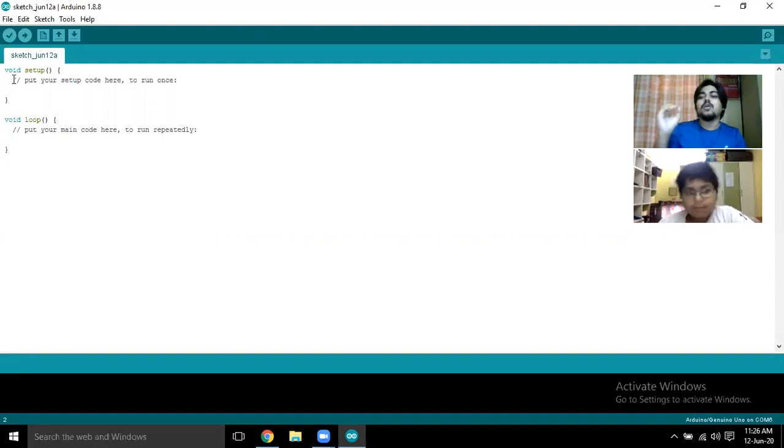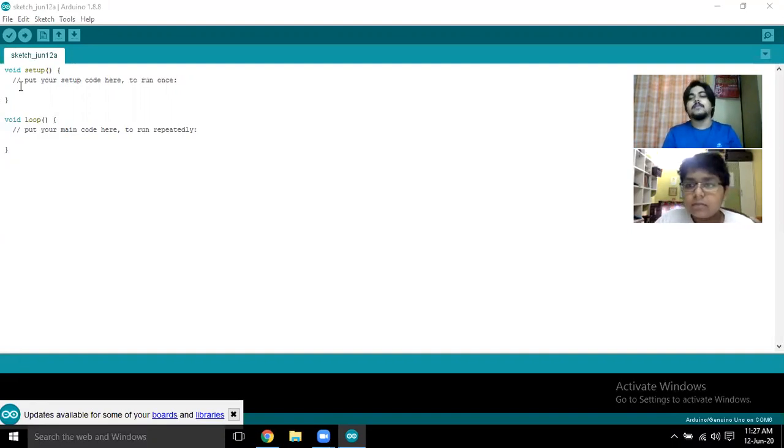All the initializations, that means all the details of pins and everything, are written inside this void setup. When we start the regular classes, I'll be telling these things again, and I will be providing you study materials, so it will be much easier for you, and it will not be a problem. These are very basic and very easy things.